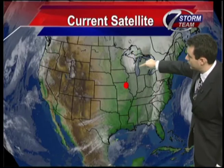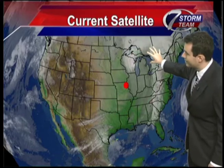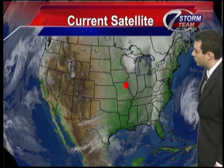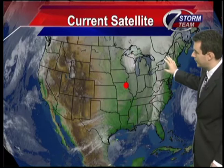Here's that massive sprawling area of low pressure. See how this thing is really hooking around now? So still some impressive snows going strong across Wisconsin as well as the upper peninsula of Michigan. So really north of Green Bay, Wisconsin now, and right around Sault Ste. Marie is where some of those more impressive snows are. It's not a very wide band still, so once this starts to crank on out into southeastern Canada, that'll be